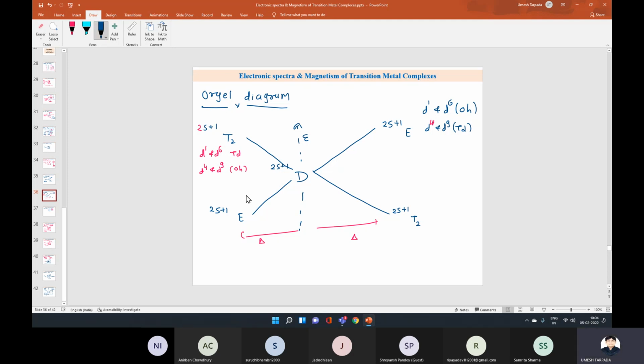D3 के लिए ऑक्टाहेड्रल कॉम्प्लेक्स था तो A is the ground term, that is full A2G. तो इसी तरह पूछ सकते हैं. और TS डायग्राम है ना, वो थोड़ा कॉम्प्लिकेटेड है as compared to original diagram, क्योंकि TS डायग्राम is applicable to both the complexes, high spin as well as low spin, दोनों के लिए एप्लीकेबल होगा TS डायग्राम. So एक दो एग्जांपल वो भी देखें, बट ज़्यादातर आपको ओरिजिनल डायग्राम है वो प्रिपेयर करना है. ओके,